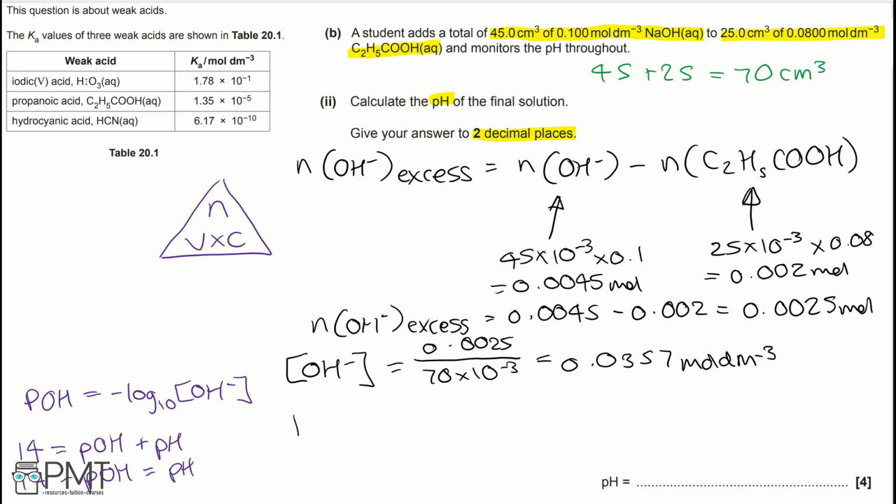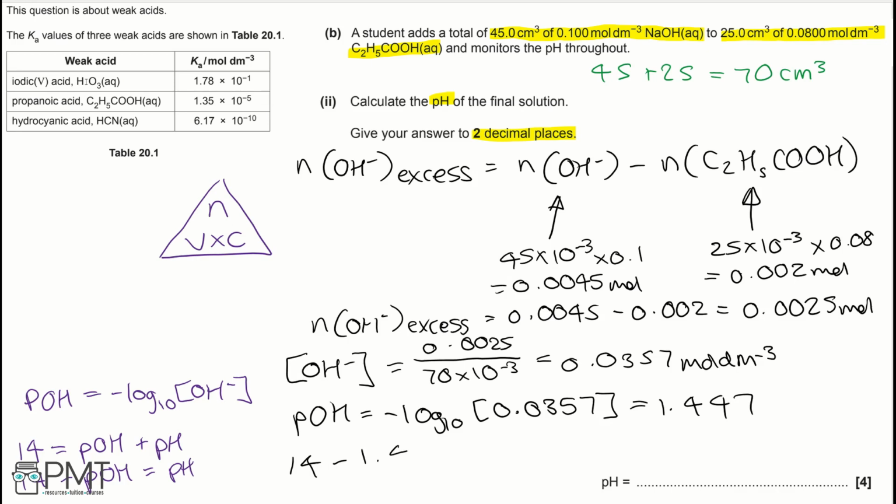So firstly, working out pOH, that's going to be negative log 10 of 0.0357, and that equals 1.447. And then 14 minus 1.447 equals 12.55 to 2 decimal places, which we then write on the answer line provided,